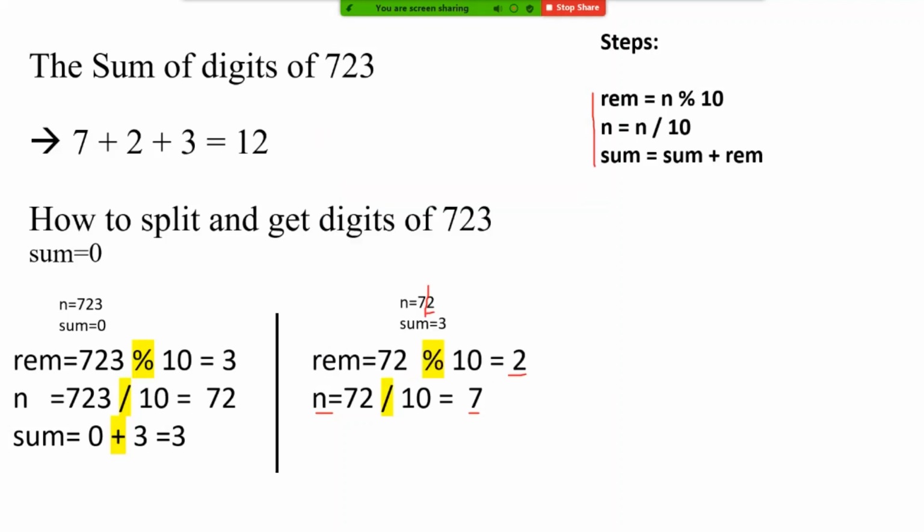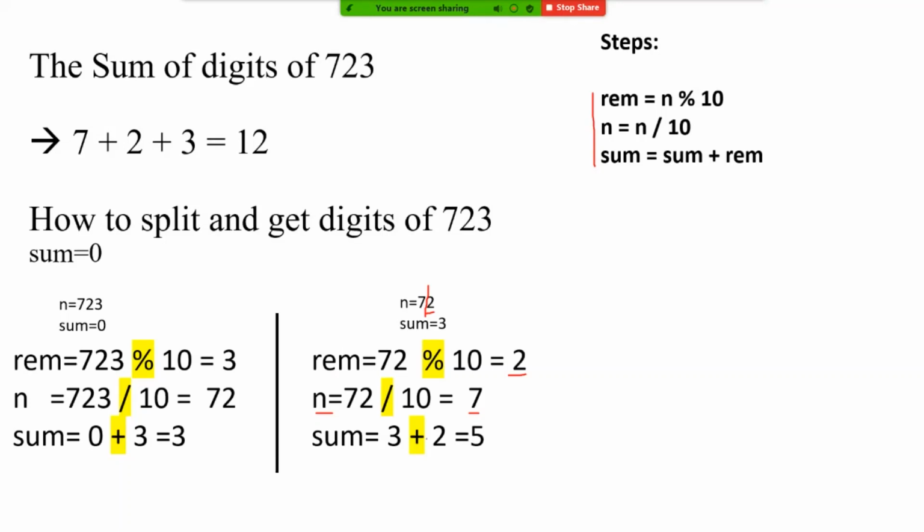So the number is split: the last digit will be stored in remainder, and n will be updated with the remaining digit, that is 7. Now, as I told in the previous step also, sum will be accumulating the values of the remainder.